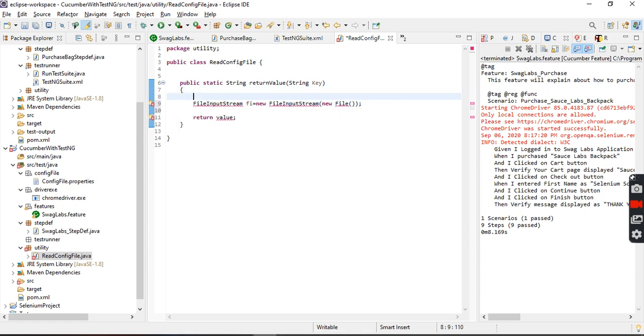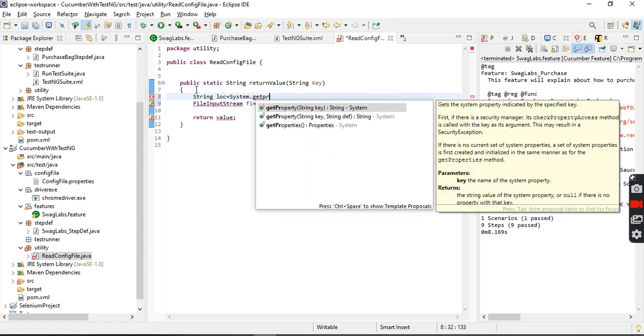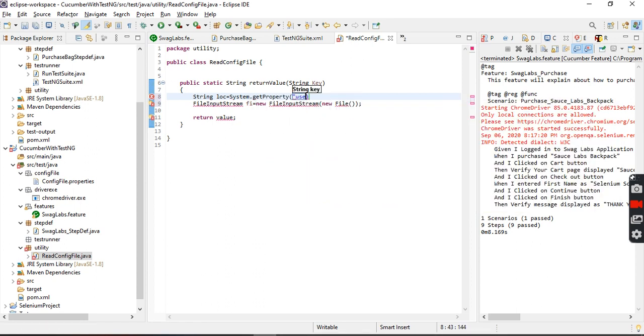So file location, String location is equal to System.getProperty of user.dir. What do you mean by user.dir? This file is located in this directory. So System user.dir will be referring to this Cucumber with TestNG. Okay, we came here.